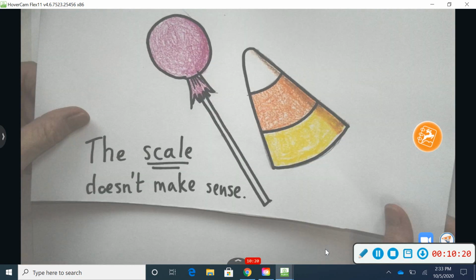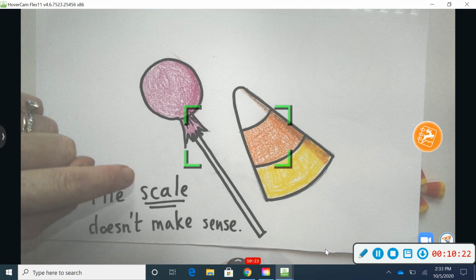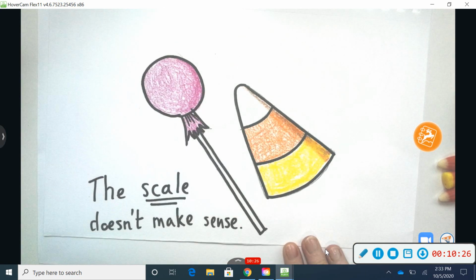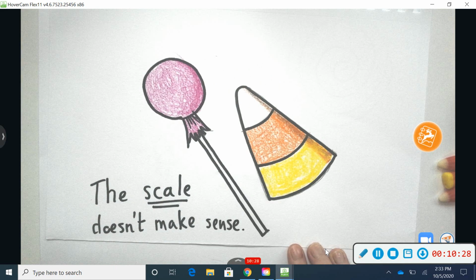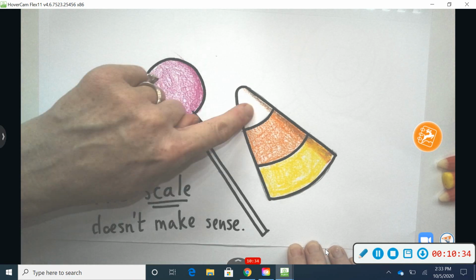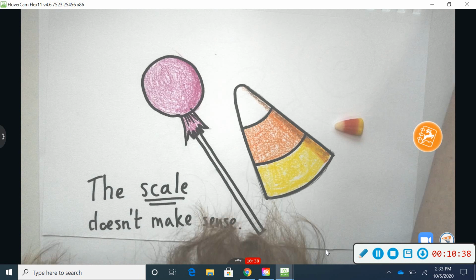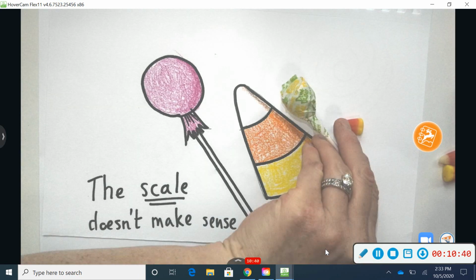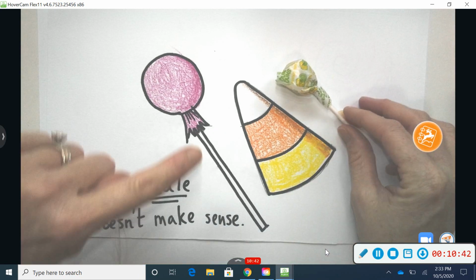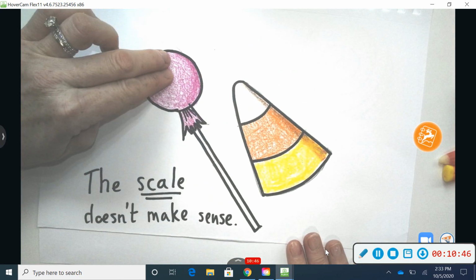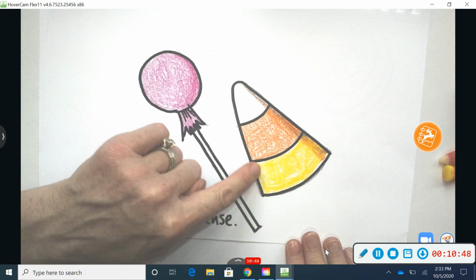In the lesson, we were talking about scale. Scale is the comparison between the size of 2 objects. And I bet you can figure out why the scale doesn't make sense here. We have a lollipop and a candy corn. Now, obviously, candy corn is very small in comparison to a lollipop. But here, I did not really make sense of the scale because the candy corn is as big as the